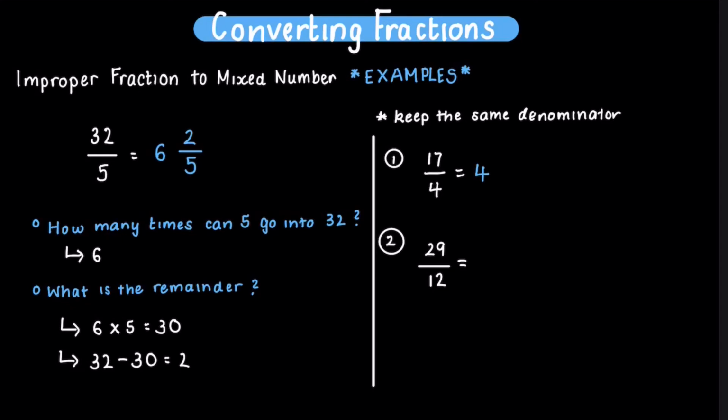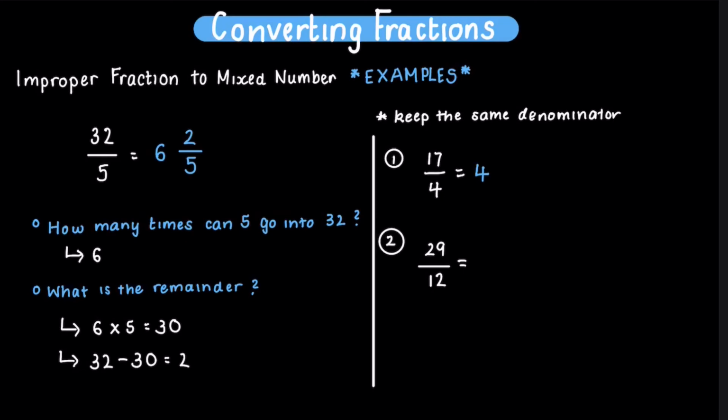So when you're trying to find which number comes close enough, you need to make sure that the number you're choosing multiplies by your denominator to get to the numerator as close as possible. So we chose 4 because 4 times 4 gives us 16. We couldn't choose 5 because 4 times 5 gives us 20, which is larger than the numerator. So continuing,